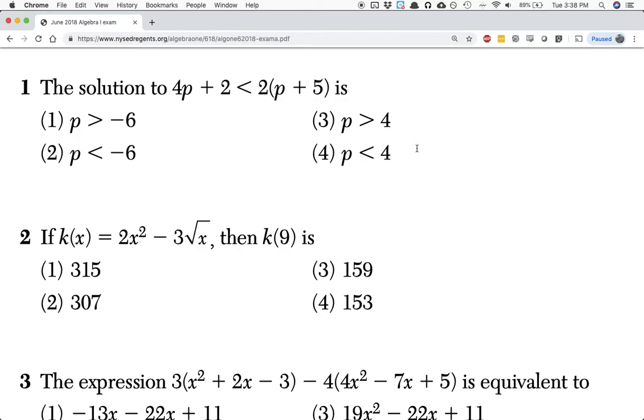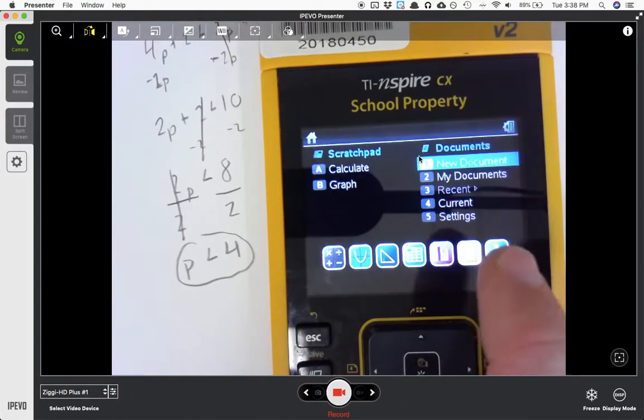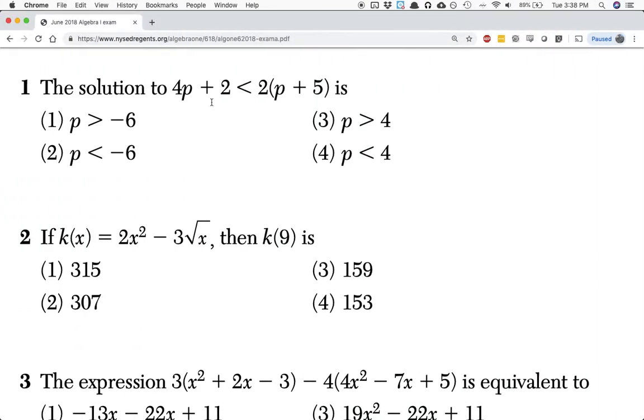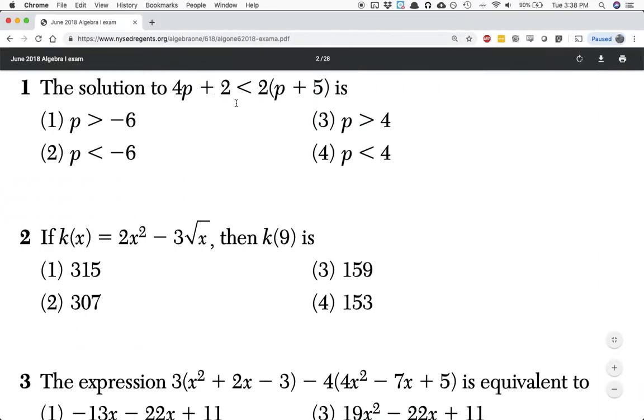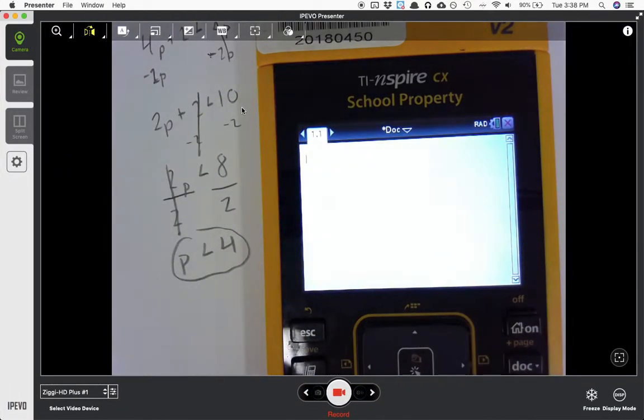Another thing you can do, and I'll just do it really quick, is in your calculator start plugging these different things in and seeing if it works. So I'll start by writing out the thing, 4p plus 2 less than, and so on. So new document, I won't save, and I'm going to add a calculator. I could just start plugging in